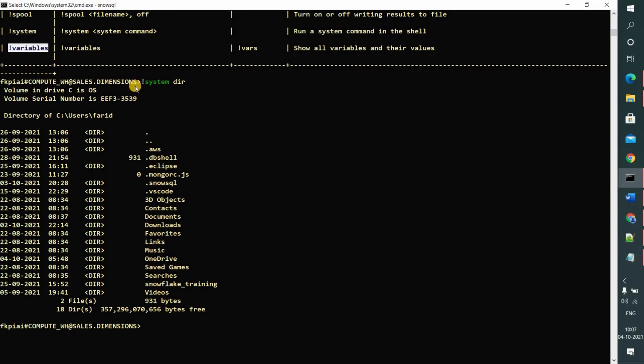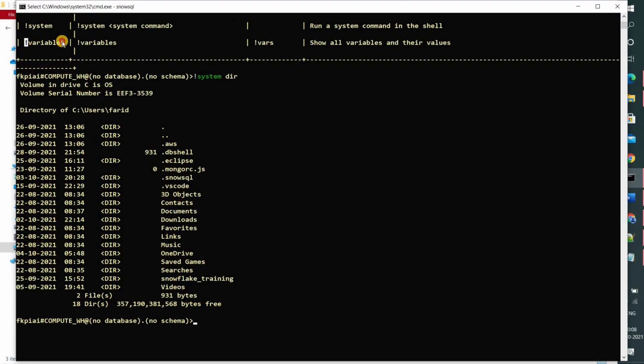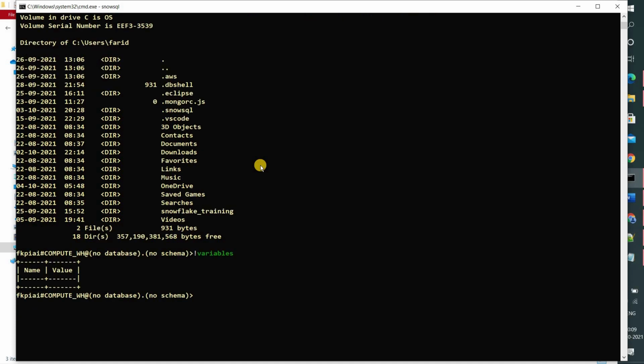Now let's see the next command, variables. It will show all the variables you have defined and their latest value. Now let's use this command. This command displays the latest values of the variables that you have defined in this particular session. Not only that, it will display default variable values as well. Let's see. I have typed this command here and say variables, yes. So far there are no variables defined because I did not define any variable in this session.